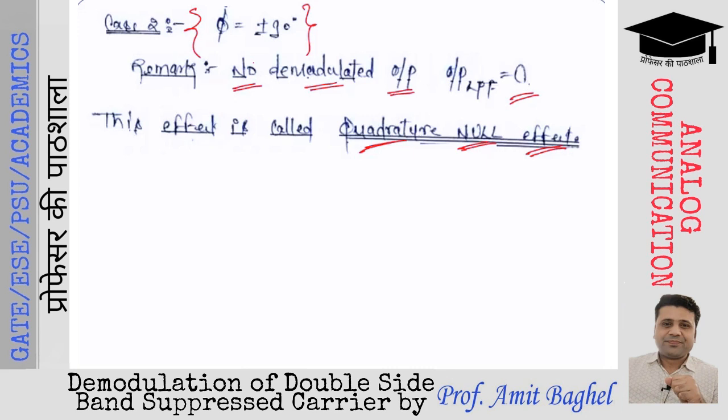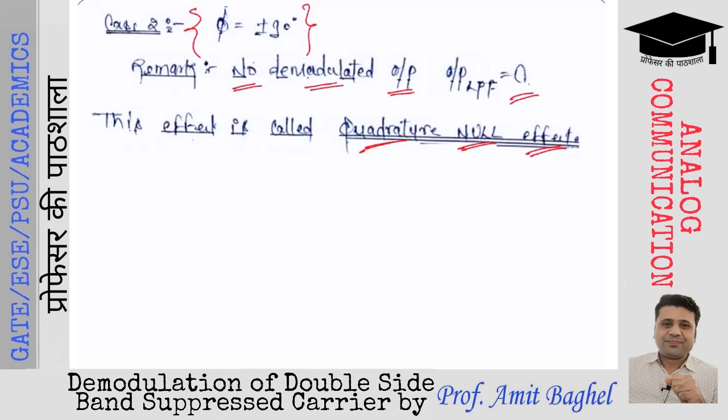This drawback we had observed when we were talking about the drawbacks of the standard AM. We have seen 4 drawbacks in that case. Drawback number 1, the standard AM was not a power efficient method. Drawback 2, it was not a bandwidth efficient method. Drawback number 3, affected with noise. And fourth was the quadrature null effect. This is the quadrature null effect, and it is found only in the case of the synchronous detector.